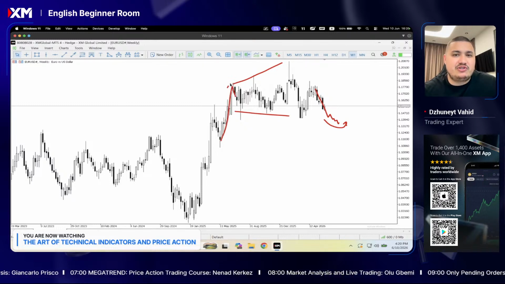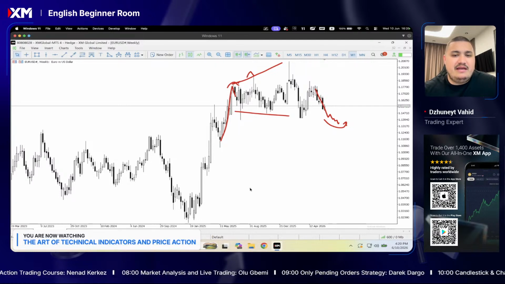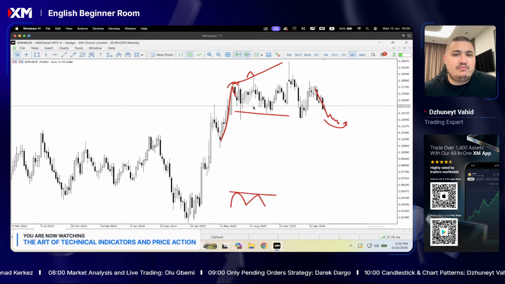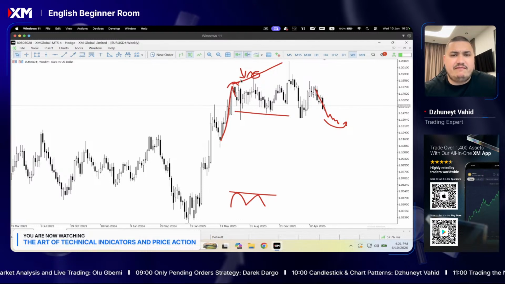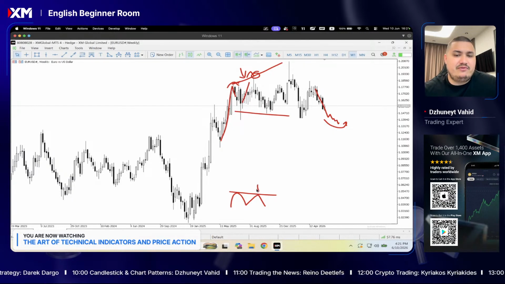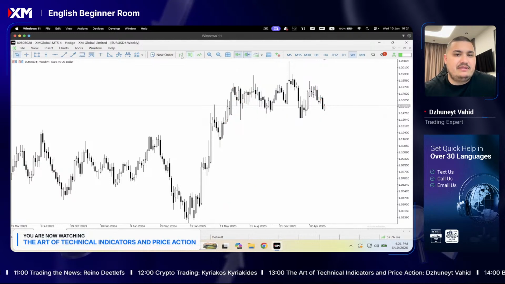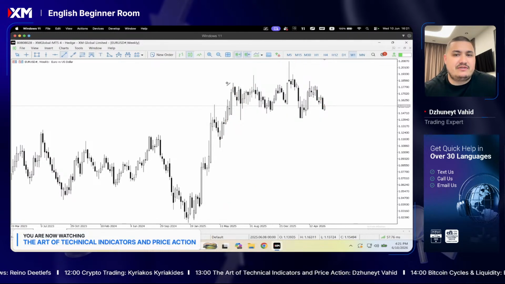If there is a divergence between the price highs and lows and the indicator, this would mean that there could be a fake higher high. It's not real fake, it's just the way that the market behaves, but the indicator says the real high is lower than the previous one because the strength is weaker. Current price strength is way weaker than the previous one. For example, this is one bearish divergence. So